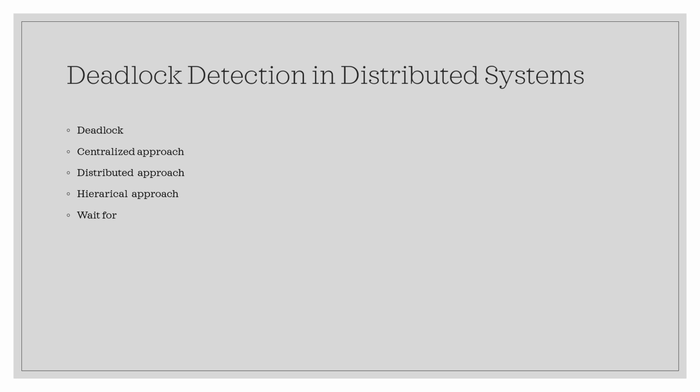Progress means the method should be able to detect all the deadlocks in the system, whereas safety means the method should not detect false or phantom deadlocks. Okay, and